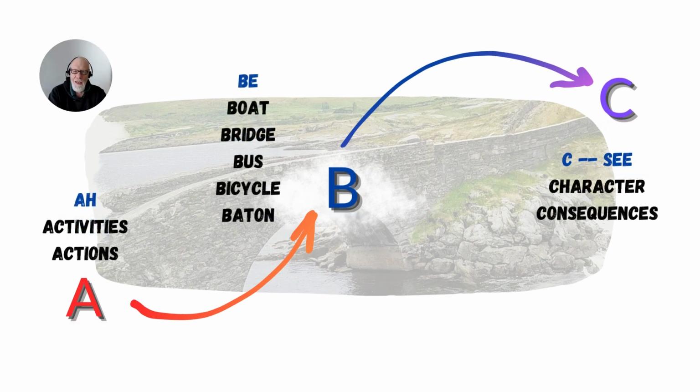And that said, okay, if that's the case, then A would be the activities and actions that I'm taking now. And C would be what kind of character do I want to be? What are the consequences that I want to experience? And that C could also be about those that I interact with, the persons who would be contributing to legacy mentoring and those who would be supporting this legacy and mentoring story.